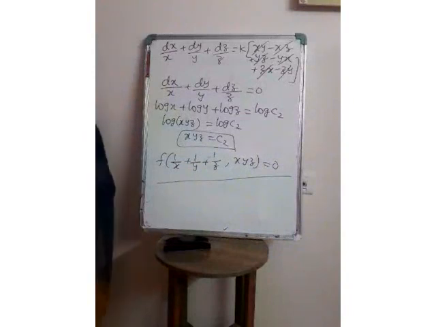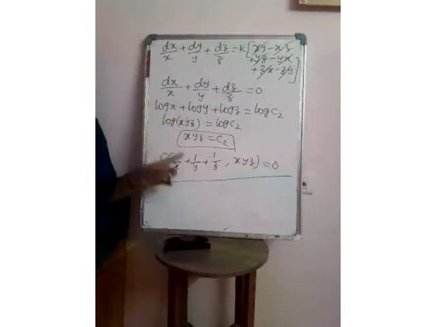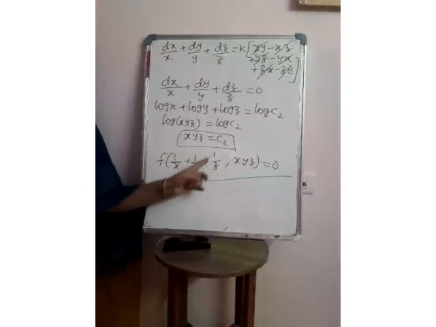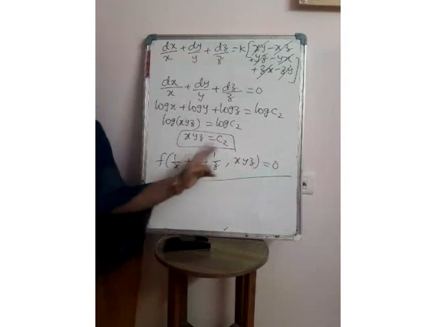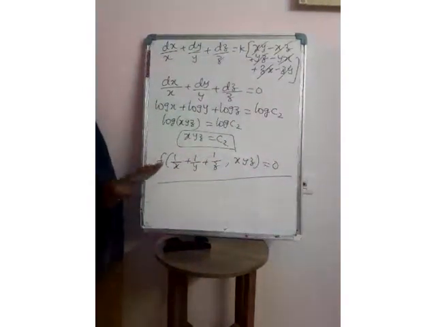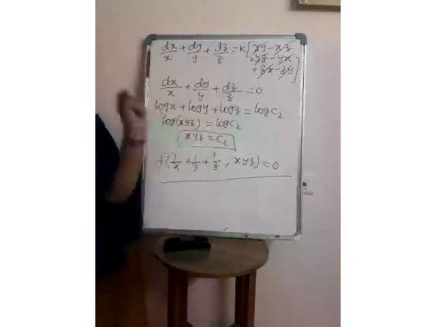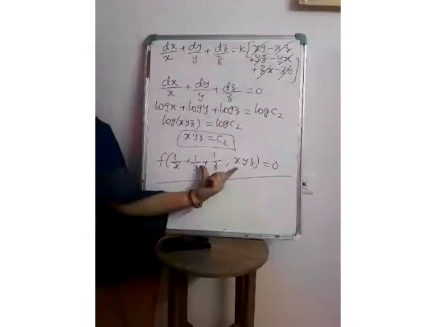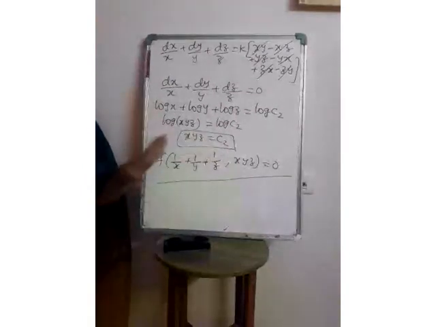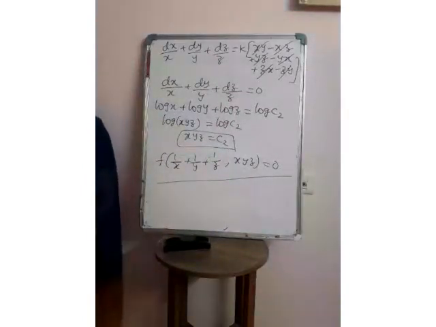You can observe here that the order of C1 and C2, whatever you write here, either you write xyz first or 1 by x plus 1 by y plus 1 by z first, even if you interchange these two terms, there is no problem. You can write in any order. But the only thing is, these are the specific functions you have to come across while doing the combination of dx, dy, and dz. So that is the key point here.